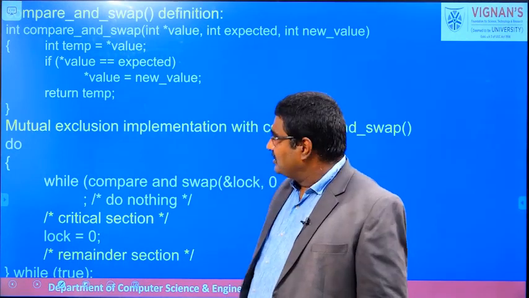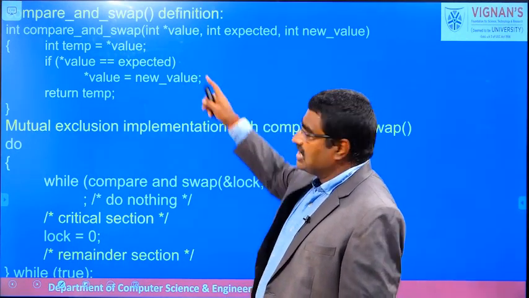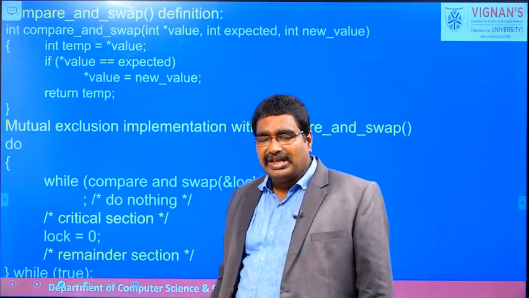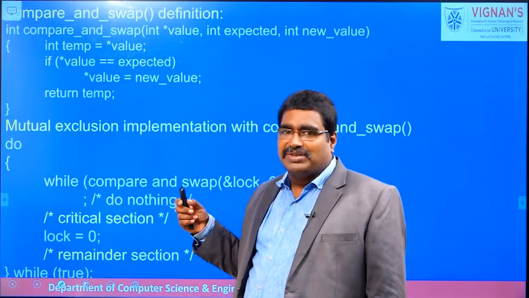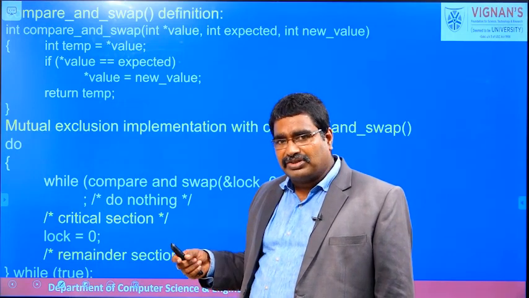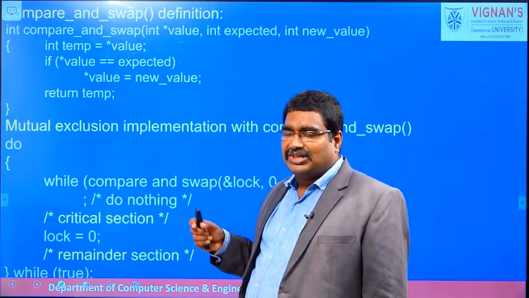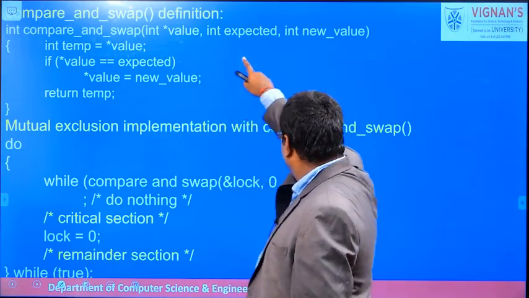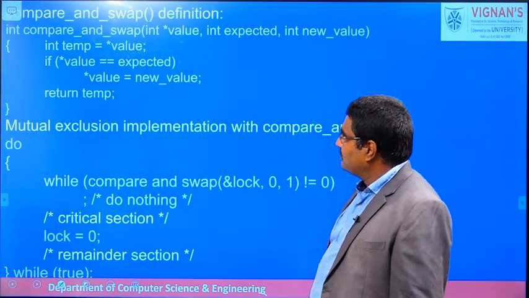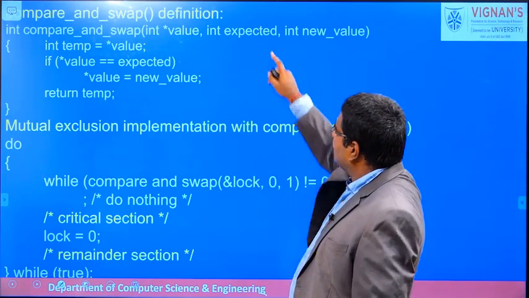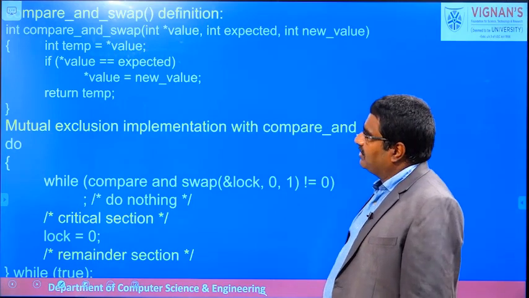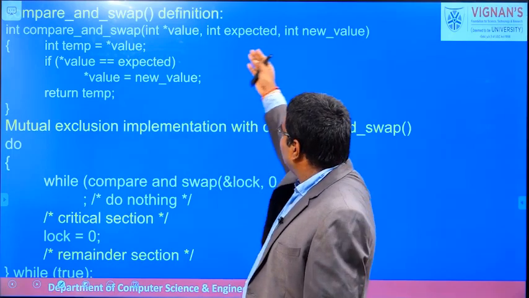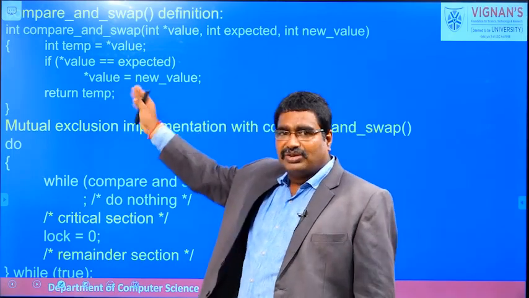Some computer architectures also support the compare and swap definition; we already discussed the swap function in the previous one. In addition to the swap, before performing the swap operation, it performs a compare operation. Only if the comparison condition is true does it perform the swap. The compare and swap function takes three parameters: the first is the integer value, another is the expected value, and another is the new value. It compares whether the value is equal to expected, and only then is the new value assigned to the value.